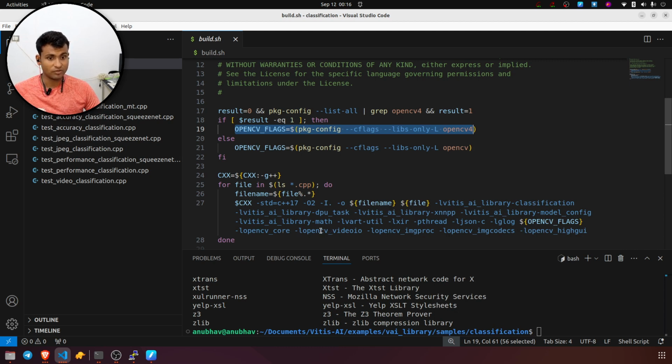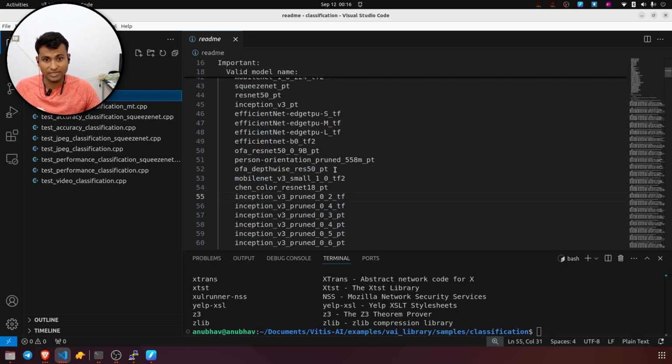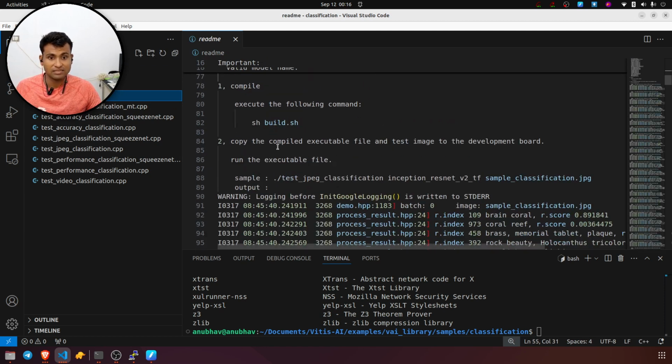And OpenCV core, OpenCV video IO, OpenCV image processing, image codecs. So OpenCV will be used quite heavily. All of these finally will create a single executable file which you can execute, and you can read here in the readme file as well that once you run this build.sh file with all the necessary files installed on your computer,